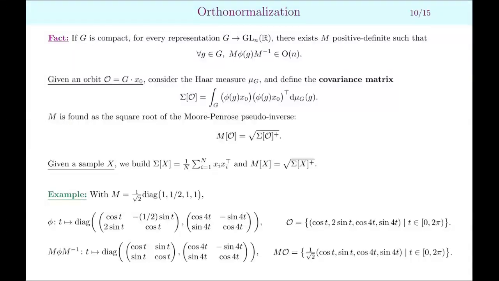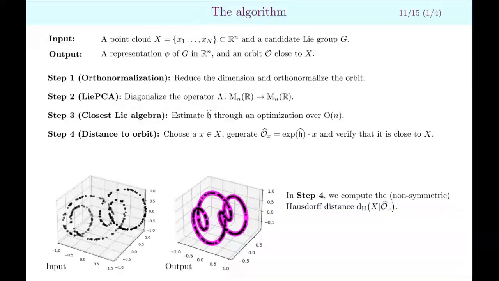All right, and this is finally the last technical slide. The algorithm goes in 4 steps, as I told you. We have as an input a point cloud and a Lie group that we want to test. In practice, you can select several Lie groups and pick the best score. There is this normalization step that I told you about. Then we compute the LPCA operator that allows us to compute the symmetry algebra. We run the optimization over the orthogonal group. And then we have this last step, which consists in